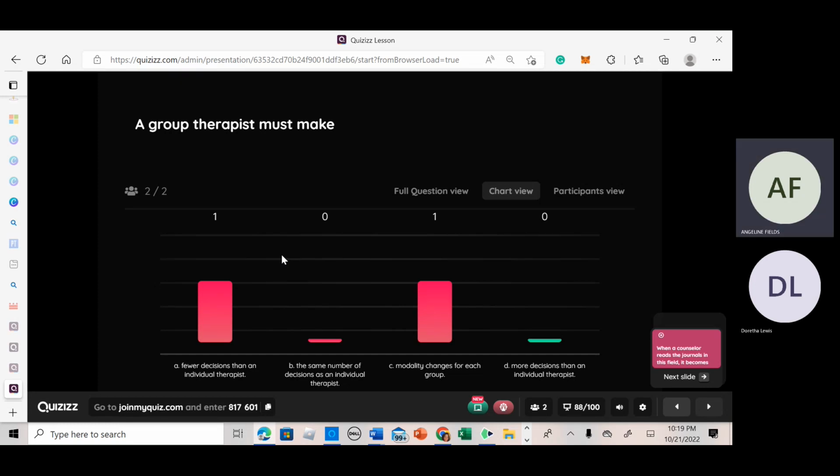I'll read it all. Just one second. I messed up when I printed it off. So a group therapist